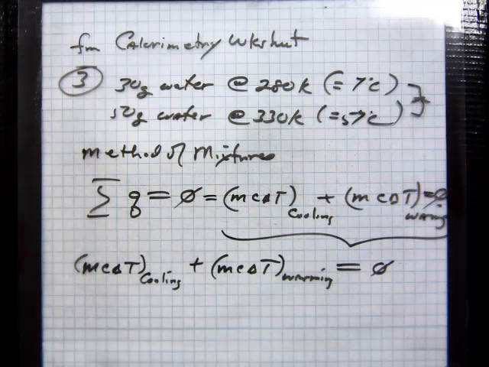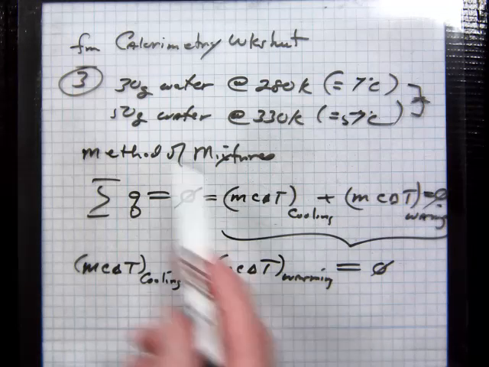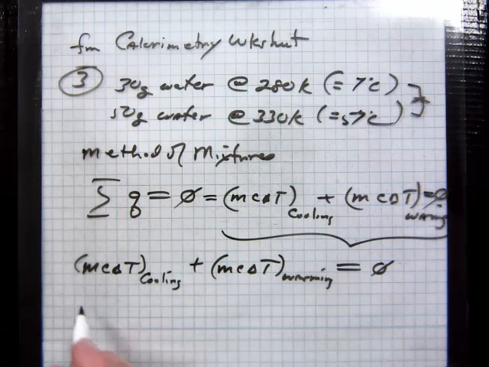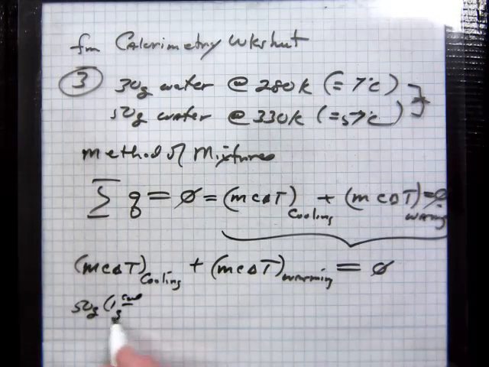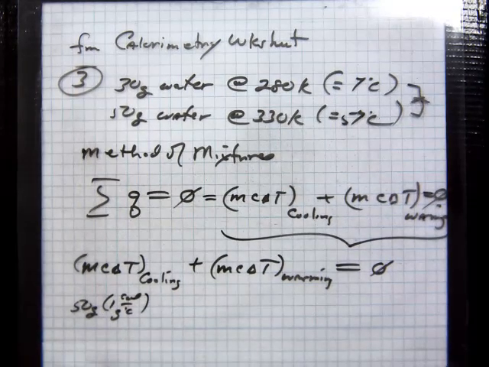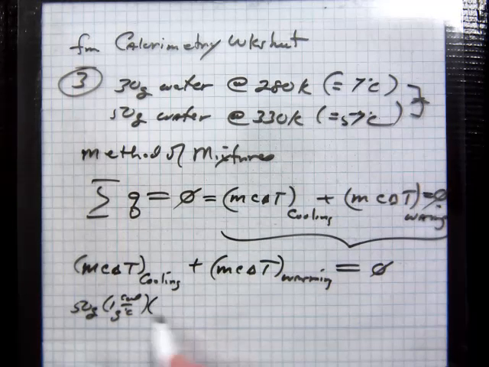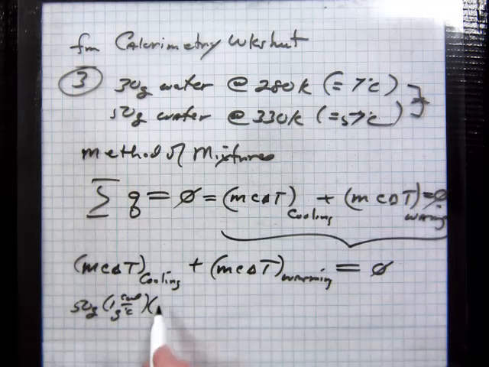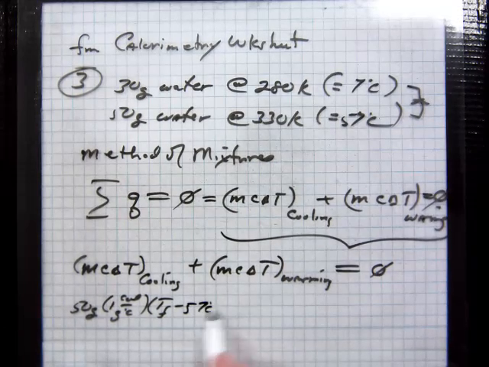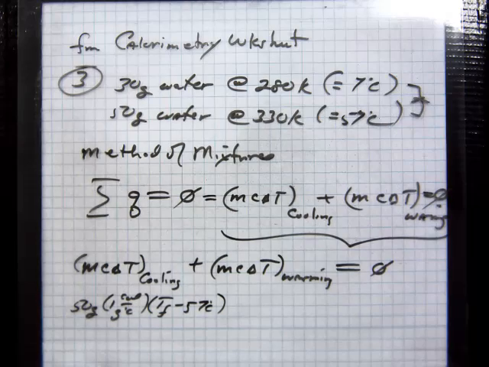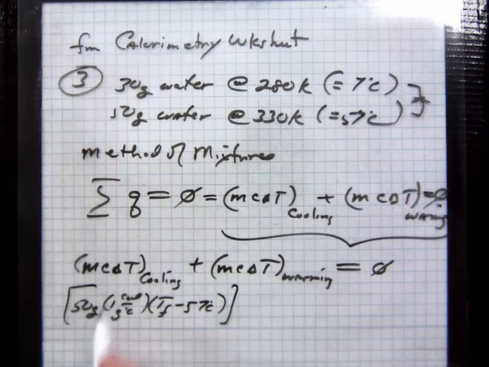It's the simplest way. So in this, what do we have who's undergoing cooling? Well, we've got 50 grams of water undergoing cooling, 1 calorie per gram degree Celsius. You want to work in 4.184 joules per gram degree Celsius. That's fine. And your temperature change is T final minus initial temperature, 57 degrees. Okay, I'm going to bracket that. That's my MC delta T for cooling the water.